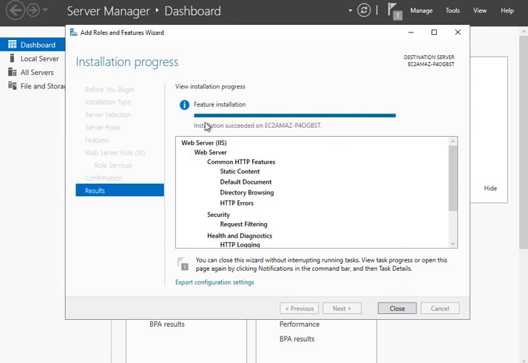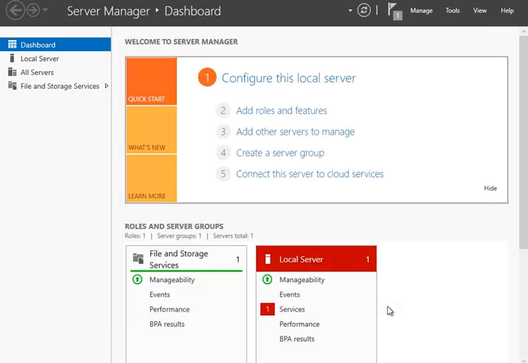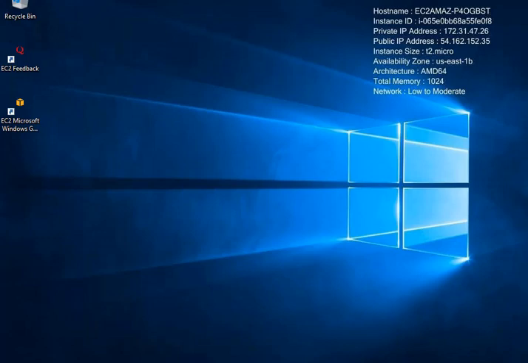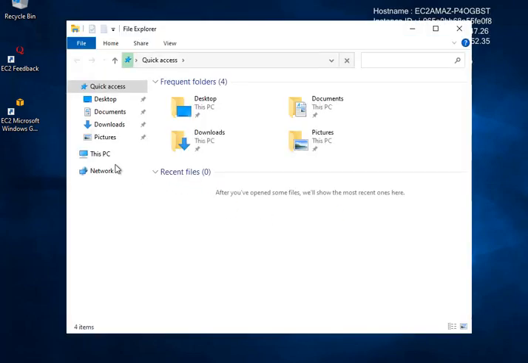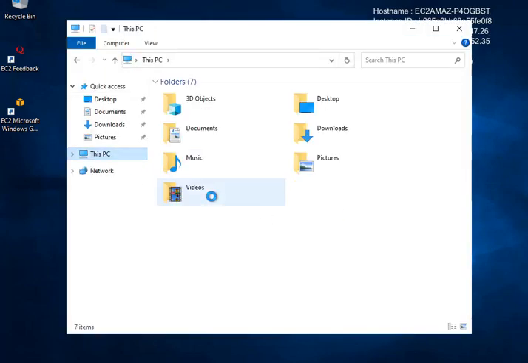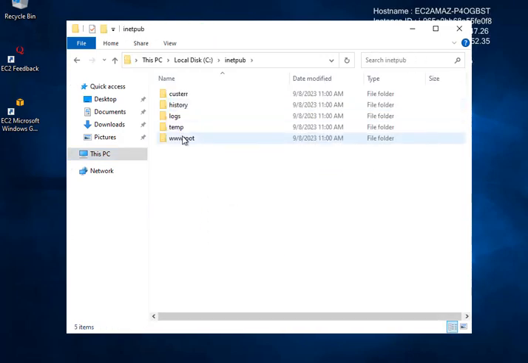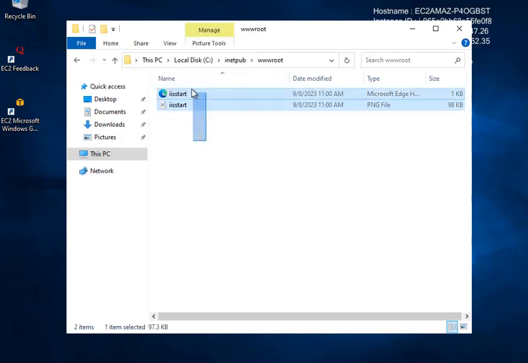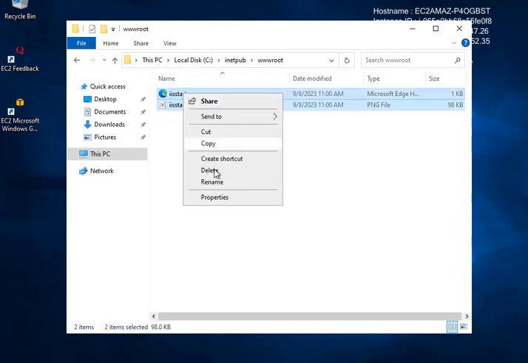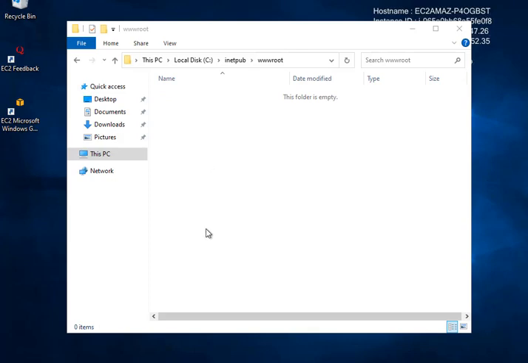Now the installation is succeeded. So I'm selecting the close option. I'm closing this server manager. Now I'm navigating to the path C drive, inside this server, inetpub, and then wwwroot. Inside this, I will be creating an index.html file which will be having the contents as